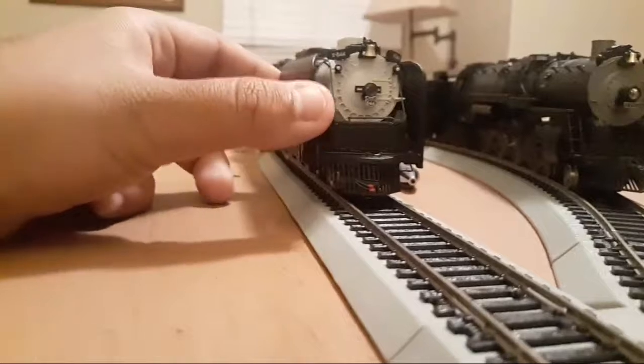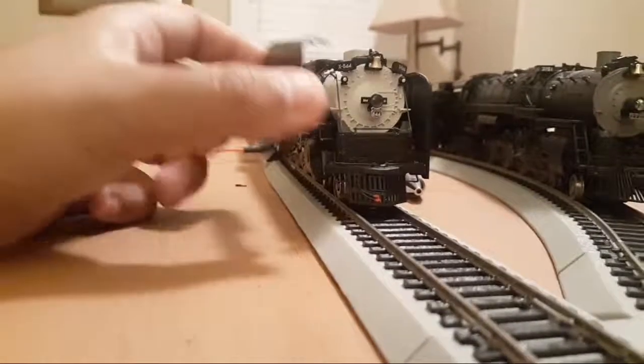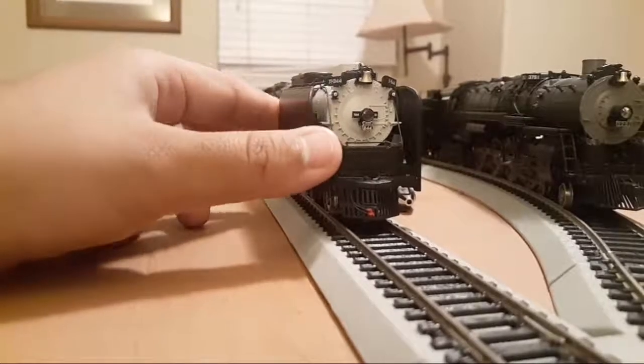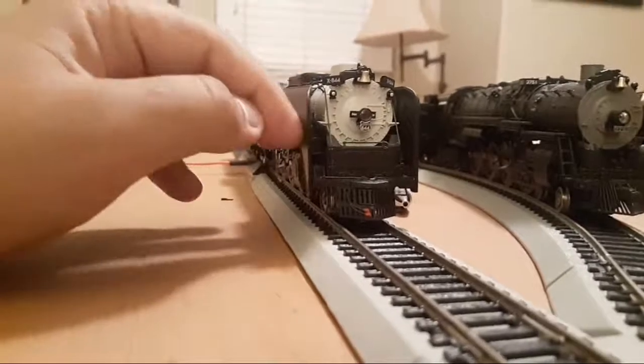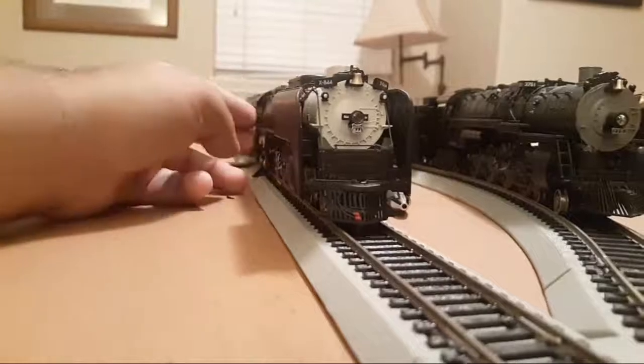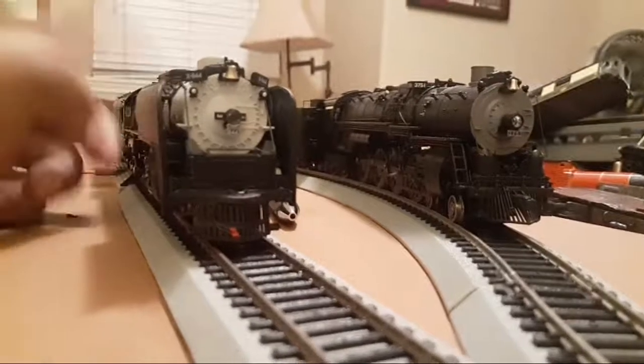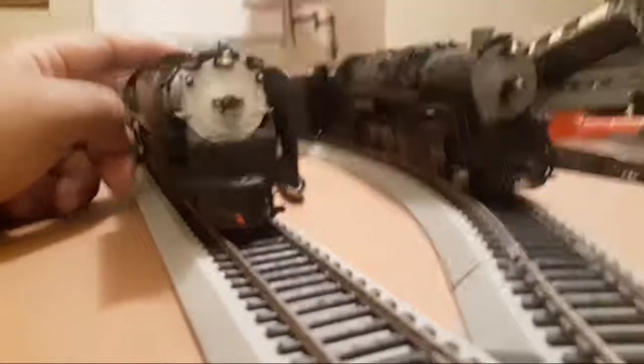Let's see. So yeah, I just wanted to mention that if this was done in Trainz 19, I could just see Andy with one smoke deflector and not two. That'd be priceless. Just put it back on. There we go. So unfortunately, with these two here, they are DCC equipped, and that means if